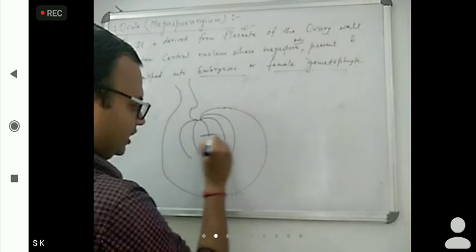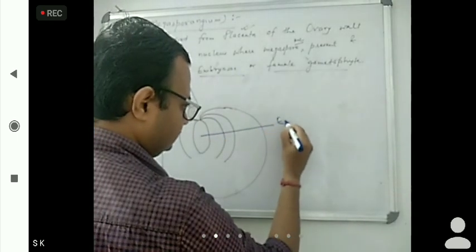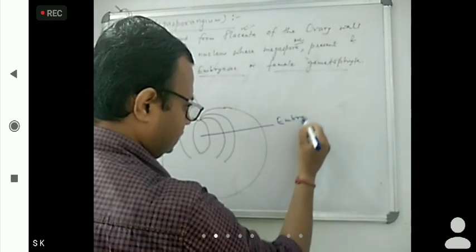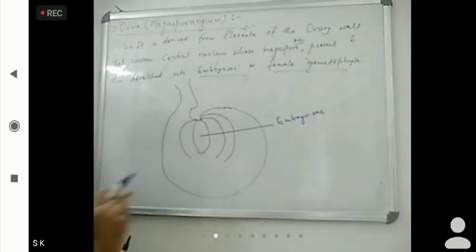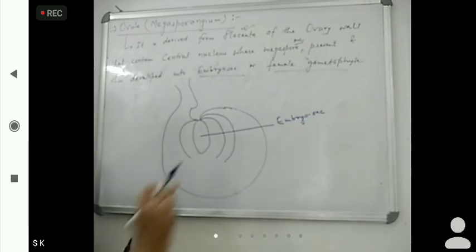This central part is known as the embryo sac. After that, on the outer side of the embryo sac